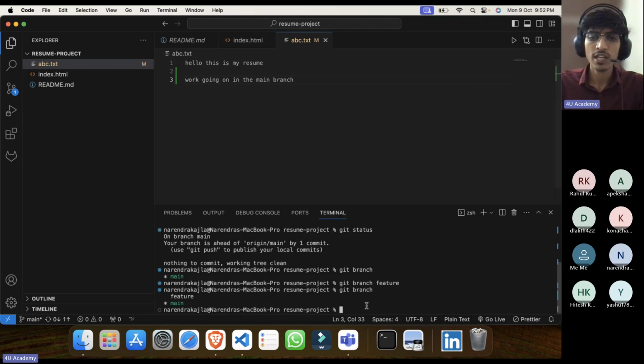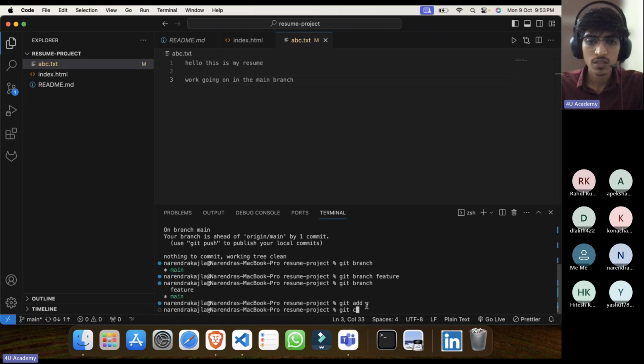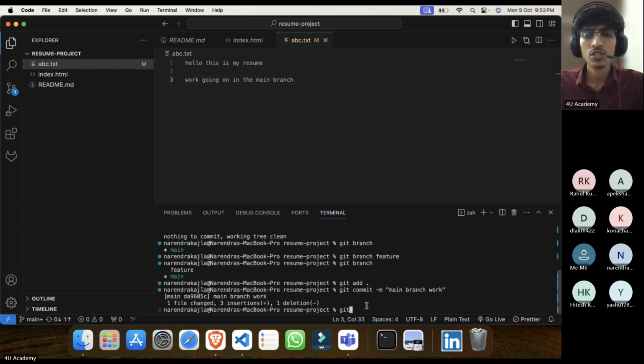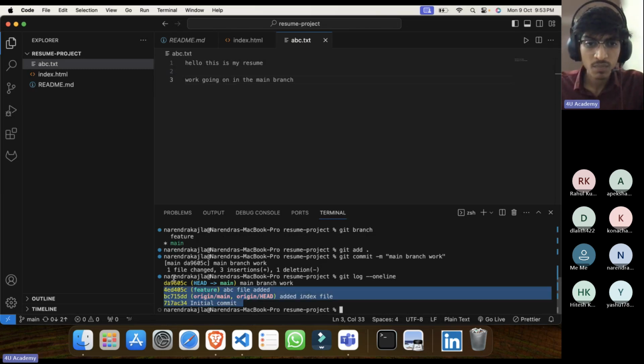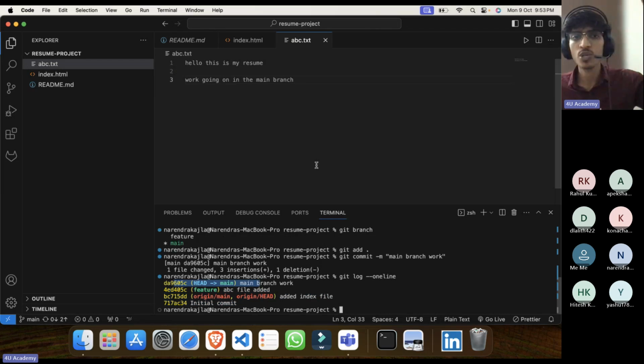Let me git add, git commit, and just pay attention. This can be very tricky. Main branch work. So git log -19. Now see, the feature branch is still at this point, but the main branch is going ahead.